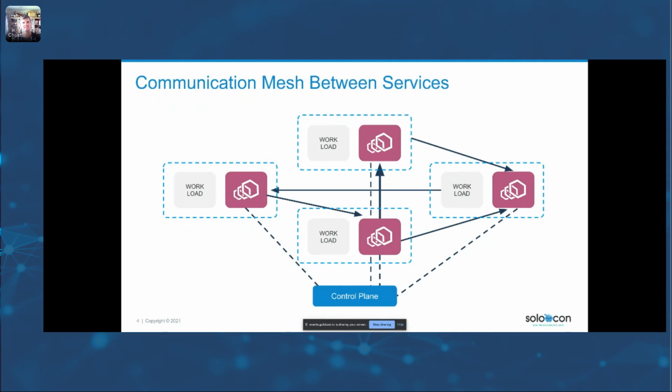And the way it does that is by installing this little agent or this little proxy next to each workload. That proxy handles the network communication between the workload itself and the rest of the network. So communication goes from the workload to the proxy and then out to another workload, which on that side might go through another proxy. And this communications mesh is made up of these proxies as intermediaries or interceptors in the network.